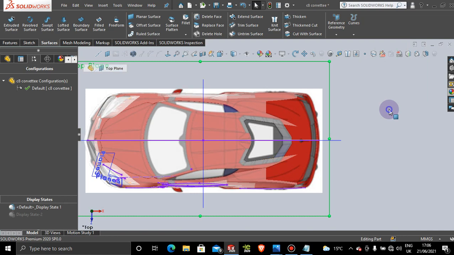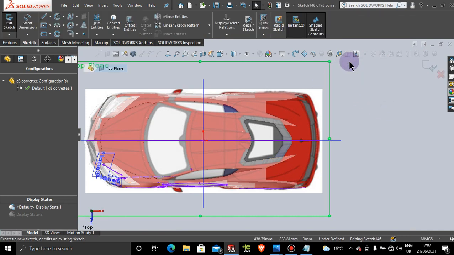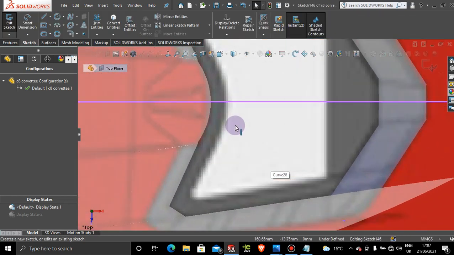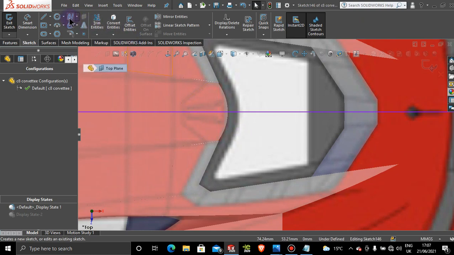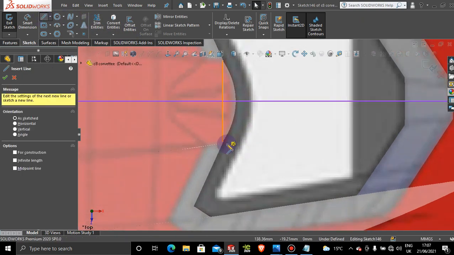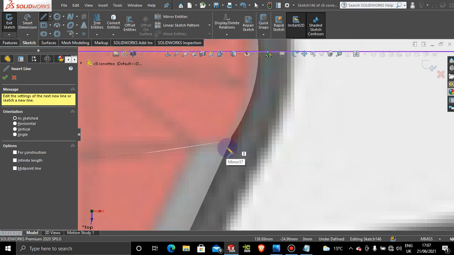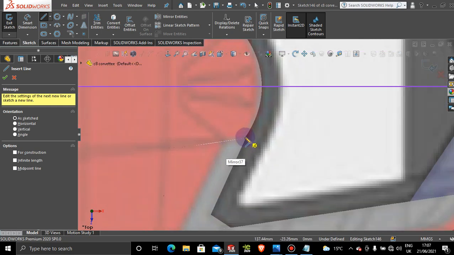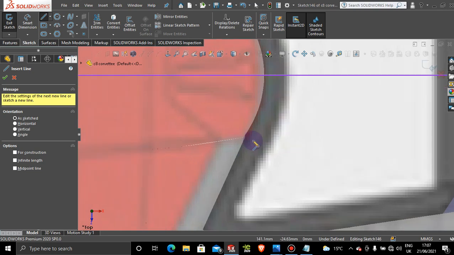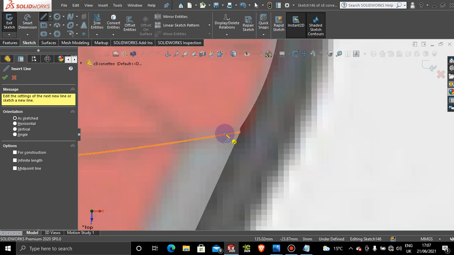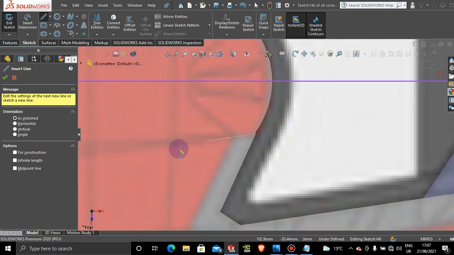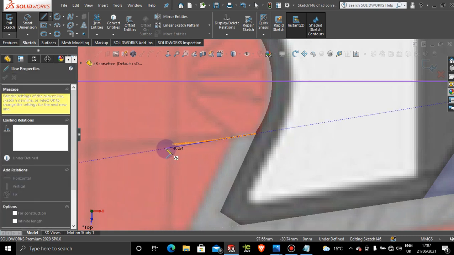All right, okay, so let's jump back into top plane here, make a sketch on top plane, and then I'm going to grab a line, and then I want to see this section here. So I want to draw up on this section all the way up on this line, but there's two lines here, so I don't want to make the curved line. I want to get the straight one here, obviously. So I'm going to come up all the way up to here,